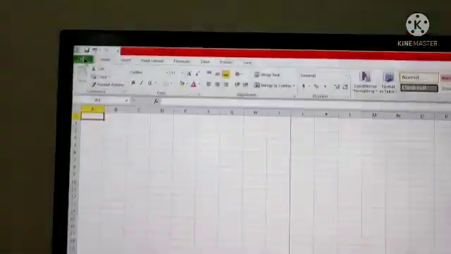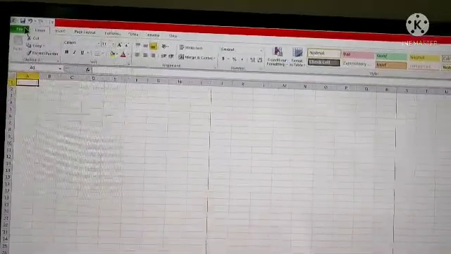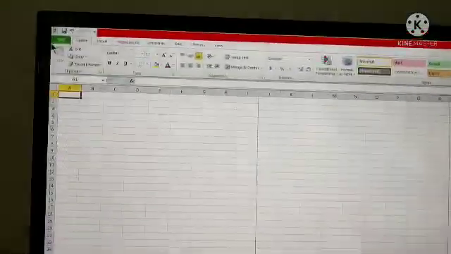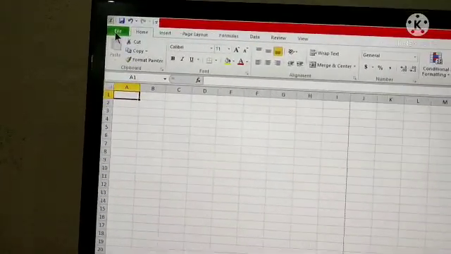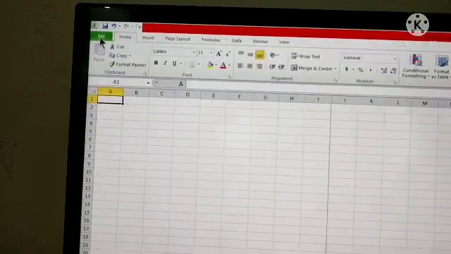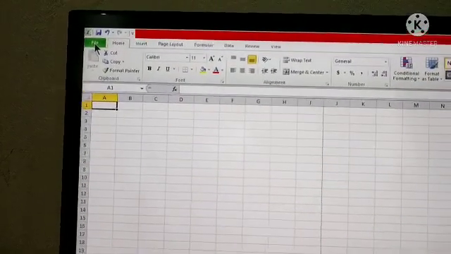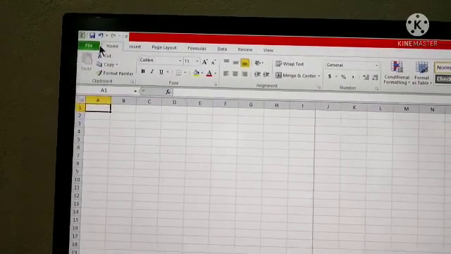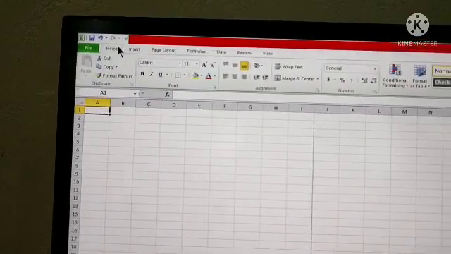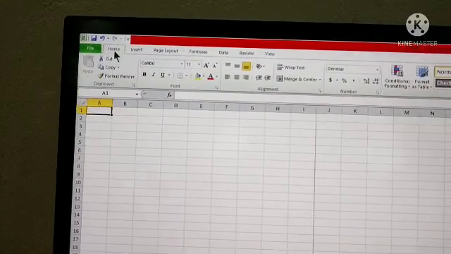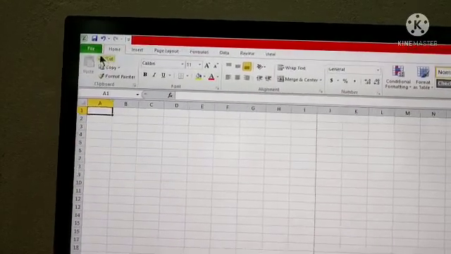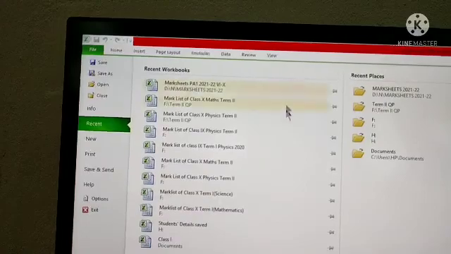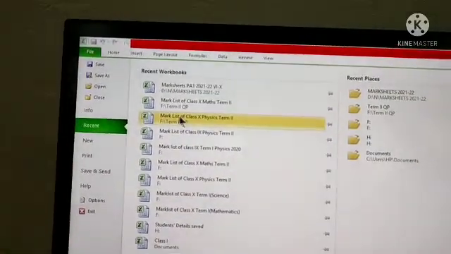Next is the file tab. The file tab is this one, this green one you can see. It is present just below the quick access toolbar. When you click the file tab, the backstage view appears.